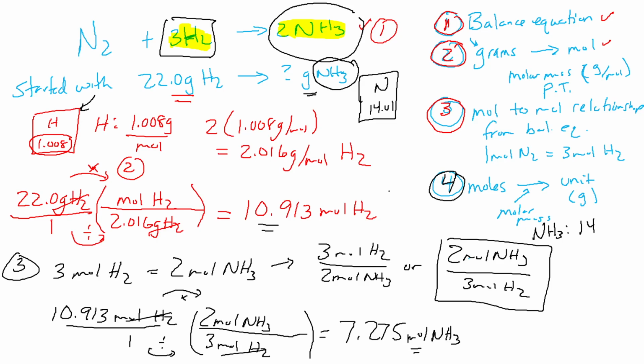So nitrogen is 14.01 grams per mole. Plus there are 3 hydrogens at 1.008 grams per mole. And if we add all that together, 3 times 1.008 plus 14.01 gives us a molar mass of NH3 of 17.03